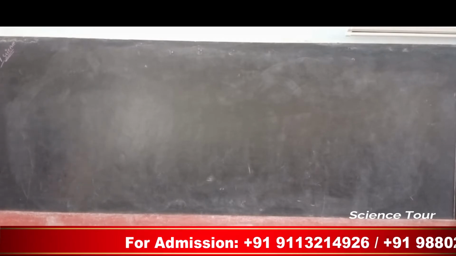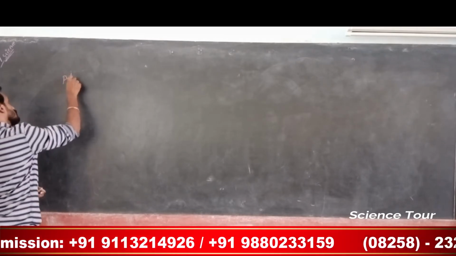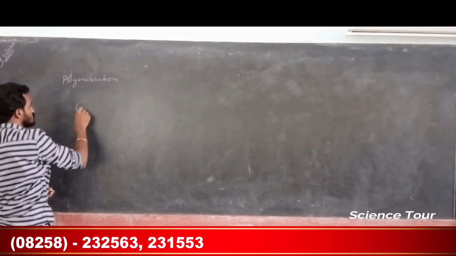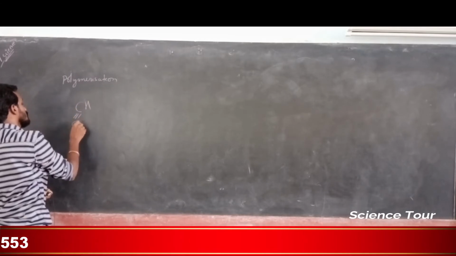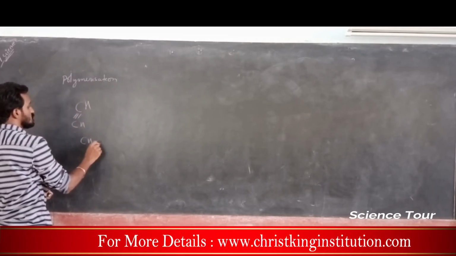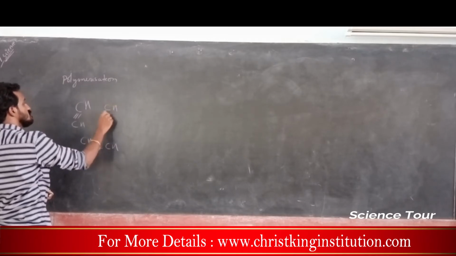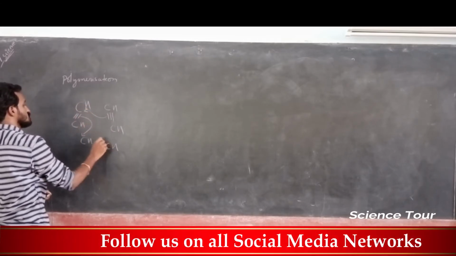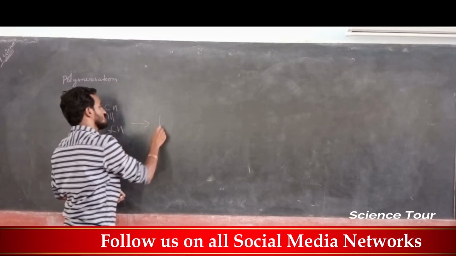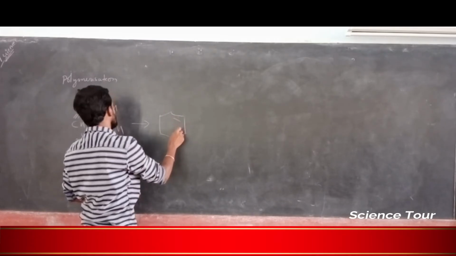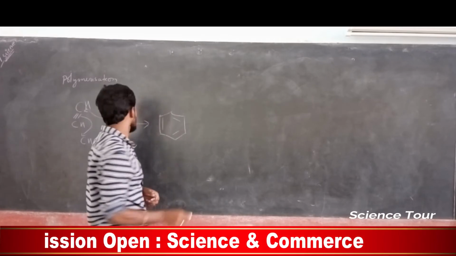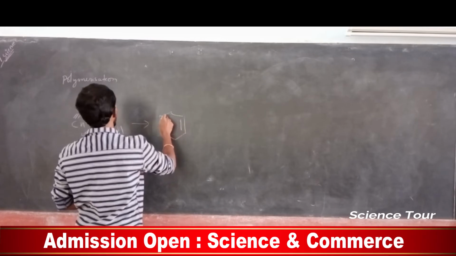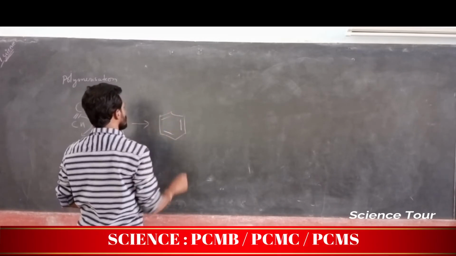My dear students, next is polymerization. Polymerization means adding monomers gives a long chain of polymer. Here we are using 3 molecules of acetylene. So this bond attacks this carbon, this bond attacks this carbon, this bond attacks this carbon. It gives, my dear students, an aromatic compound: carbon carbon, here double bond, here double bond, here double bond, aromatic compound.